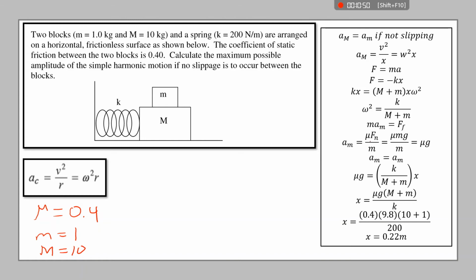My force of friction is mu times the normal force, so that's mu mg. My m's will cancel, so my acceleration for the smaller mass is just mu g. Because my acceleration of the smaller mass is the same as my acceleration of the larger mass that we have up here. We can resub, so mg is equal to